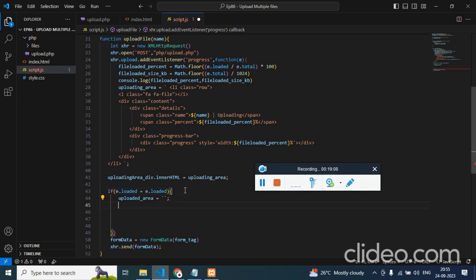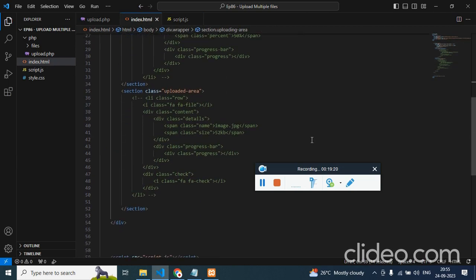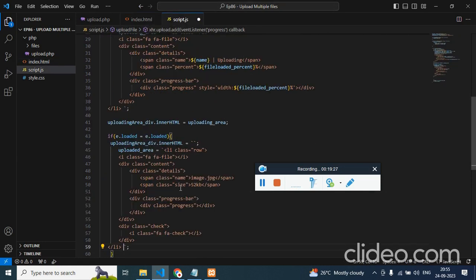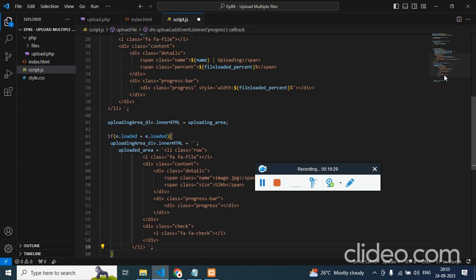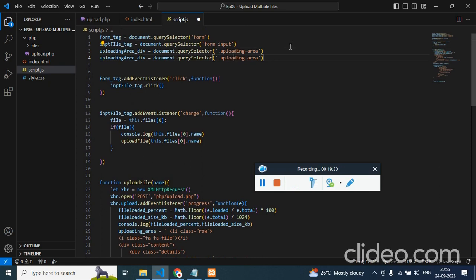So once this is a success, we want to remove the uploading section, and over here we need to show the history. Just copy this section and paste it, and here we need to add uploaded area,